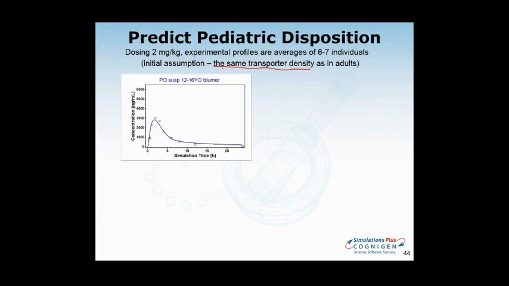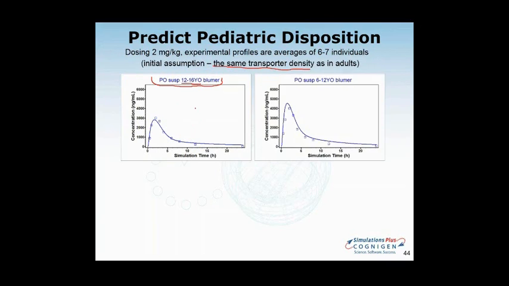And we did the safer process, starting from the oldest children, assuming that here the expression would really be closest to the adults, and would be making adjustments if needed for the younger children. And studied from the adolescents. Very nice prediction, so no changes to the enzyme, to the transporter expression levels were needed.